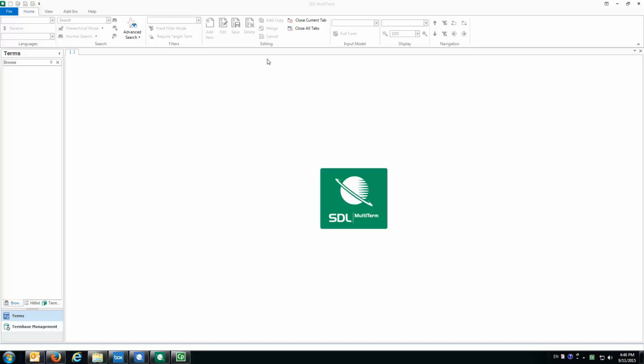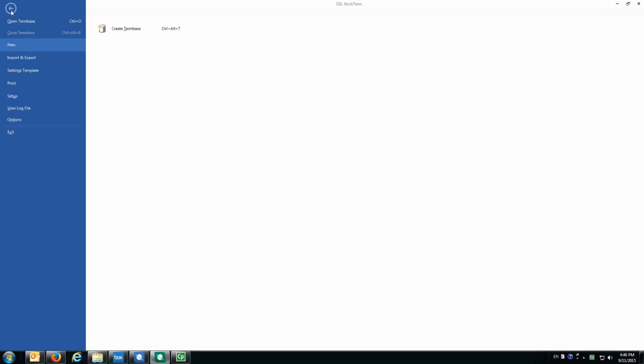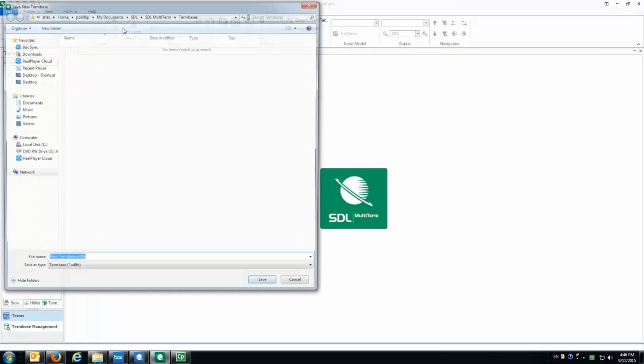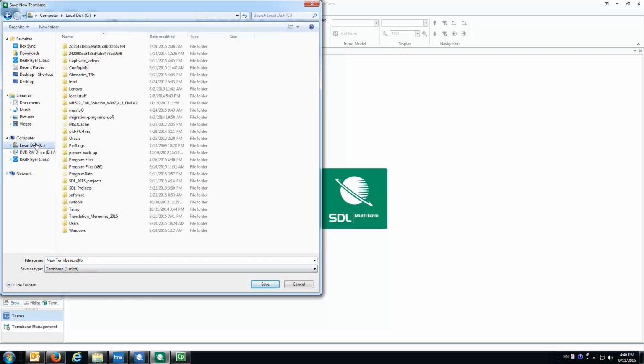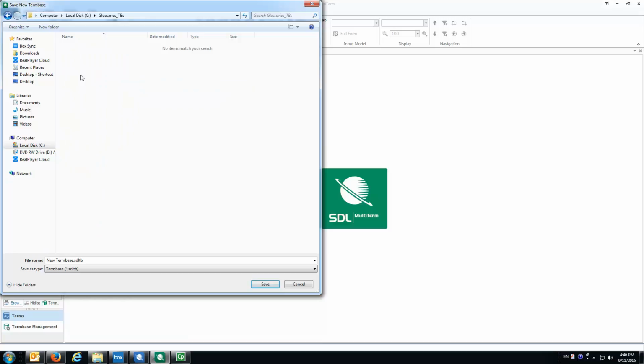We have our STL MultiTerm program open here, and you just go to the File tab and you click on Create Term Base. And it's going to ask you where you want to save that term base. So as you know, I like to put things on my C drive, so I'm going to go back there and I'm going to find my folder that I've already set up called Glossaries and TBs, or Term Bases, and I'll just select that,